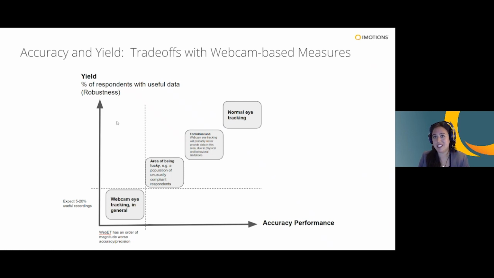The other dimension is yield. So when you're bringing people into a central location and doing your eye tracking testing there, a lot of things are controlled. The lighting is usually controlled for everyone. Everyone's seated in front of a desktop computer and not moving, with the infrared tracker and the camera in very specific places. So the quality of your data is going to be a lot more consistent. For an infrared eye tracker, you can count on 90 to 100% of your participants yielding good data, provided the